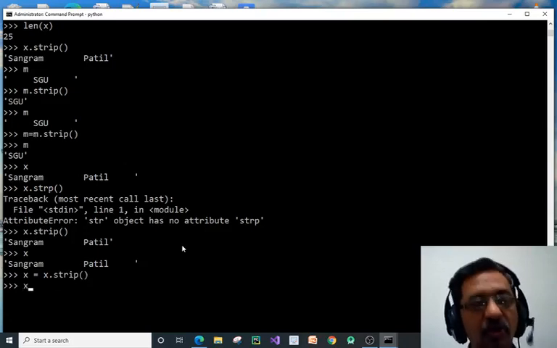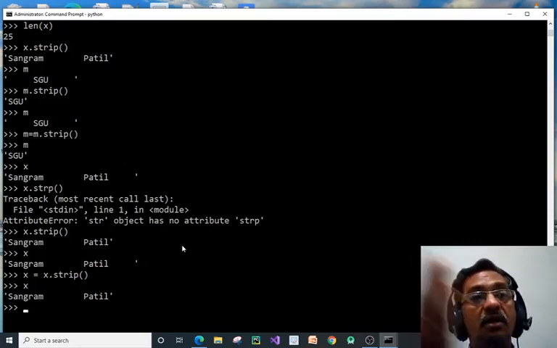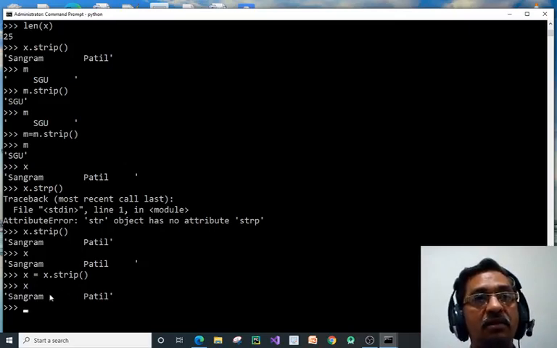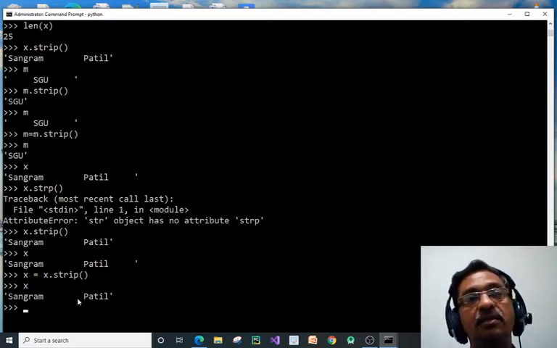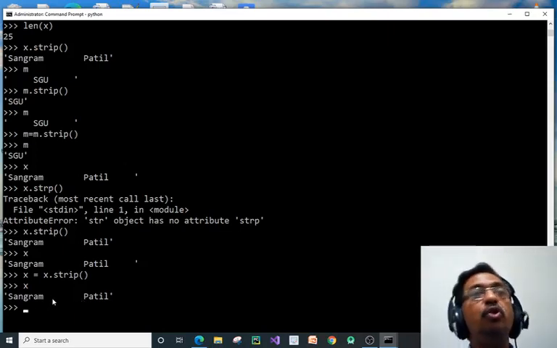Now if we check the original, it removes it. So strip is used to remove left-hand side and right-hand side blank spaces. It won't remove middle blank spaces; they remain as they are. If you want to remove middle blank spaces, you have to write the code, that is, with the help of a program only you can remove them.